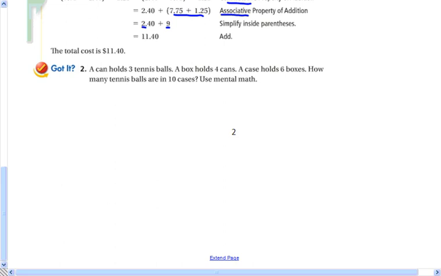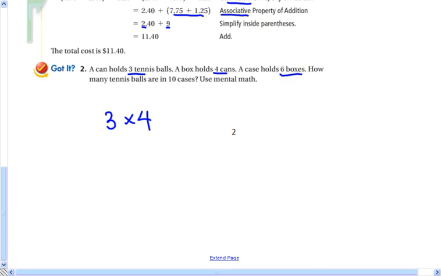A can holds 3 tennis balls. A box holds 4 cans. A case holds 6 boxes. How many tennis balls are in 10 cases? So really what we have here is, if we just had 3 tennis balls in each of 4 cans, we would want to do 3 times 4. But now we have 6 boxes,